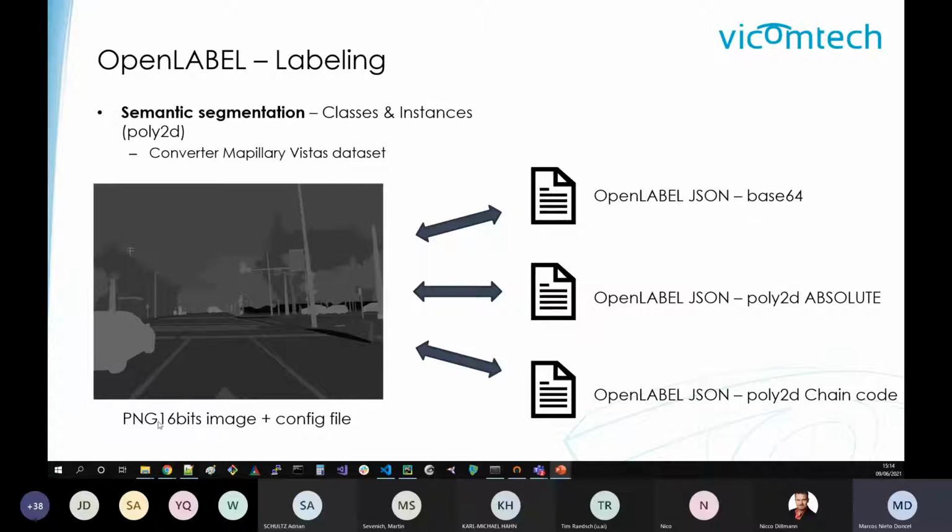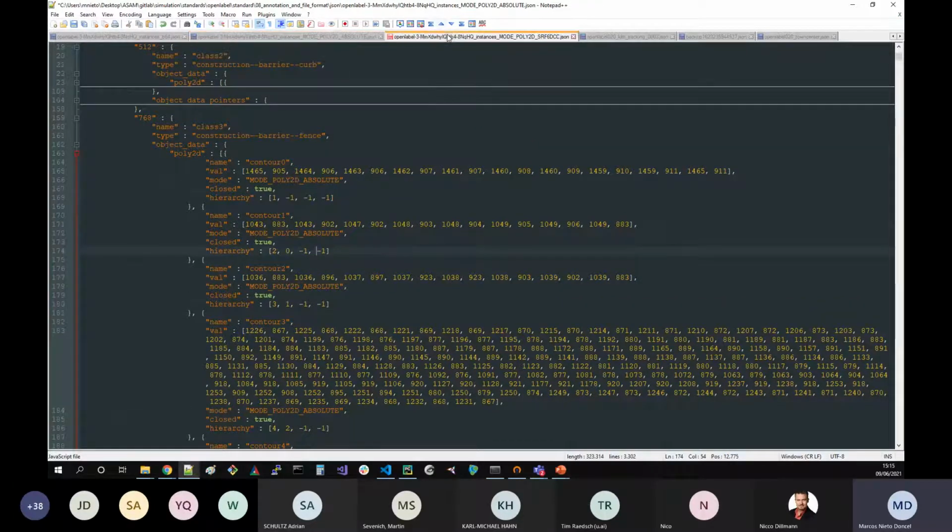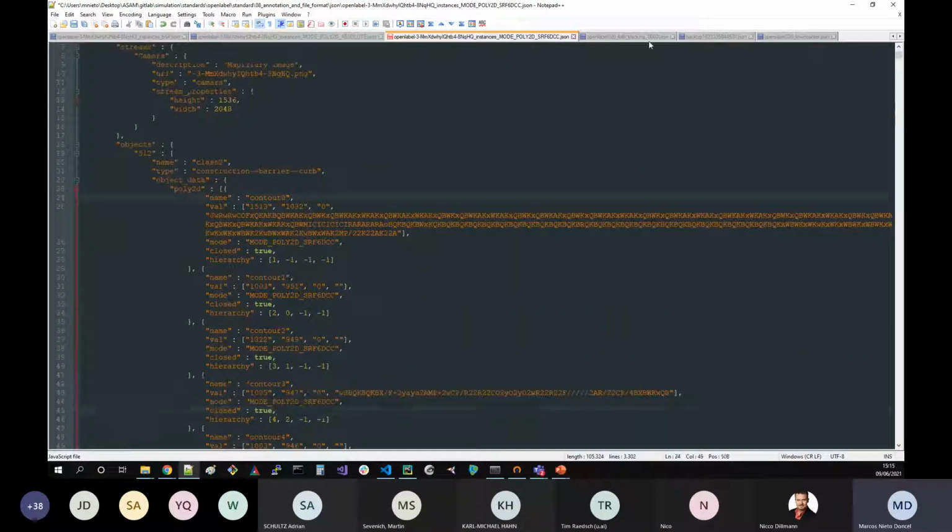This is encoded in this dataset as a PNG file with 16 bits depth. And we have done the same. We have a converter which reads the information, extracts the contours, and stores them into JSON files, which mostly look the same as the one that I have shown before for the class level. The only difference